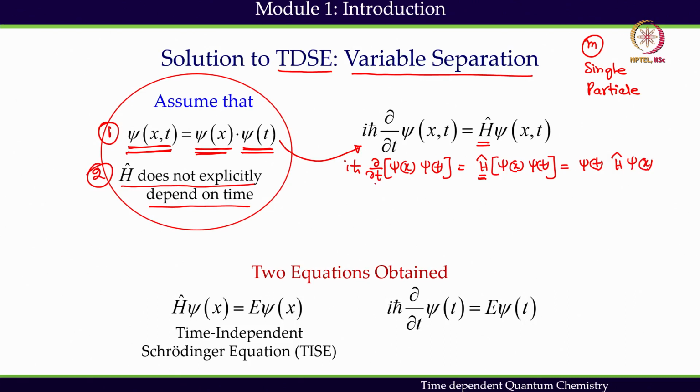Here, because it is a partial derivative with respect to t, I will also be able to take out the space dependent part, and we can keep the time dependent part as it is. So, I get finally this equation. A little bit of rearrangement is needed. If I do that, then what I get is